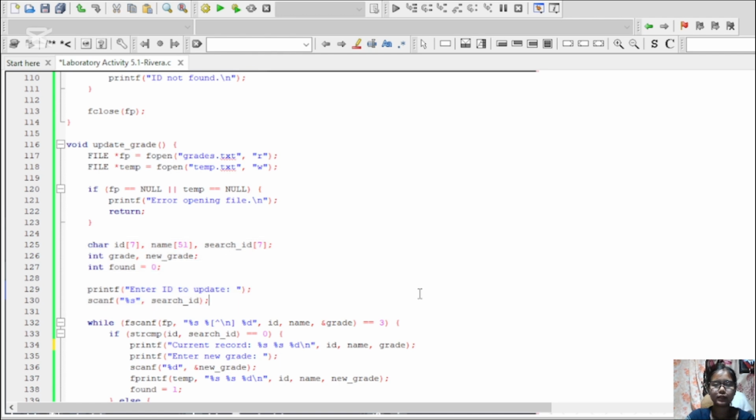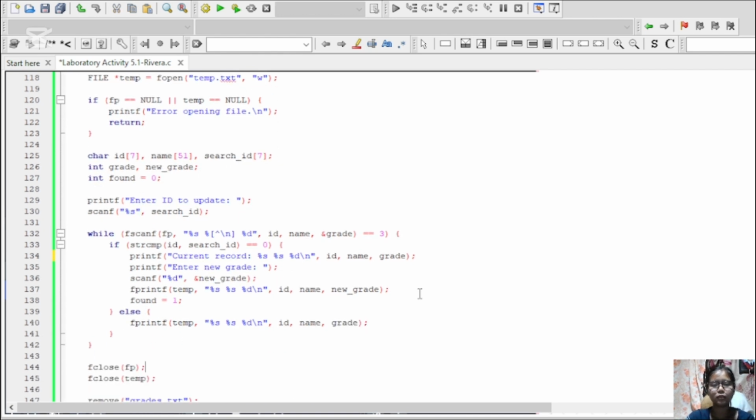For this next line, maybe scroll down again. I look through each record. If the ID matches the one entered, I show the current grade and ask for a new one.